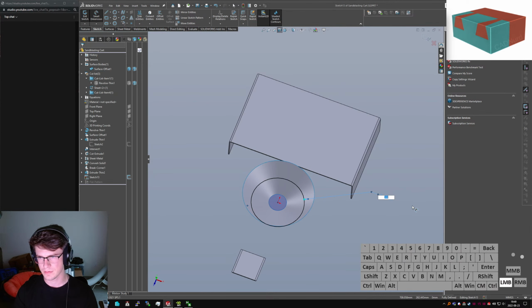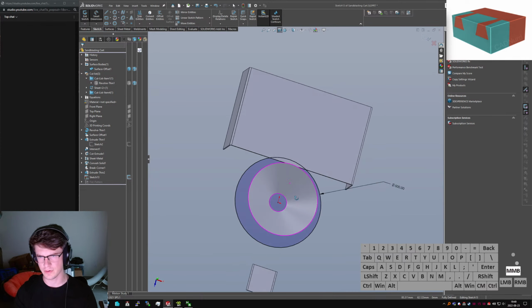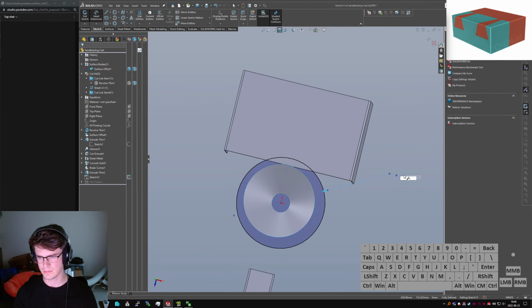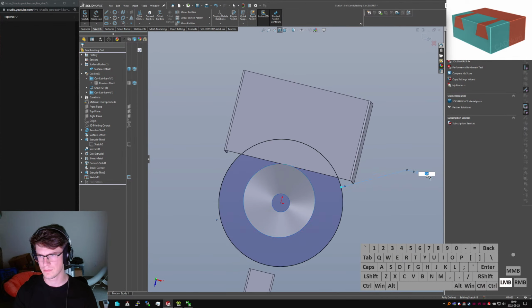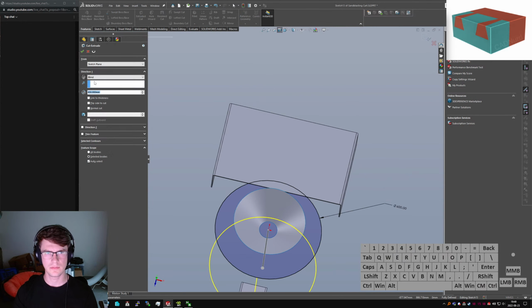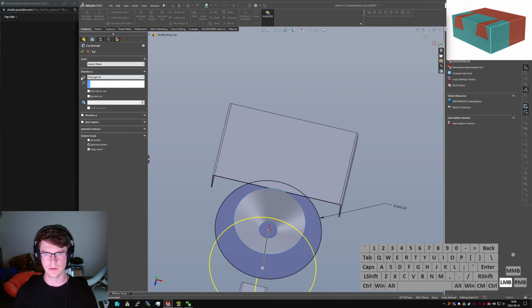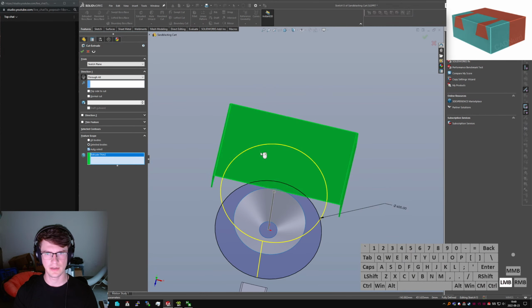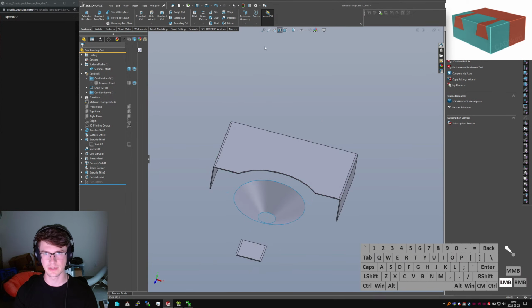Or, whoops. How big was it before? Let's do 600. Extruded cut. Through all, flip direction, and I only want this guy. So now we have a nice big cutout